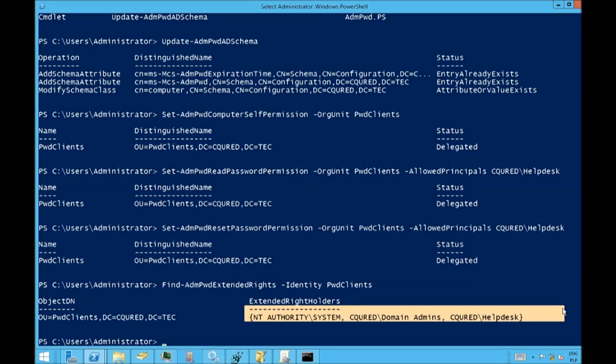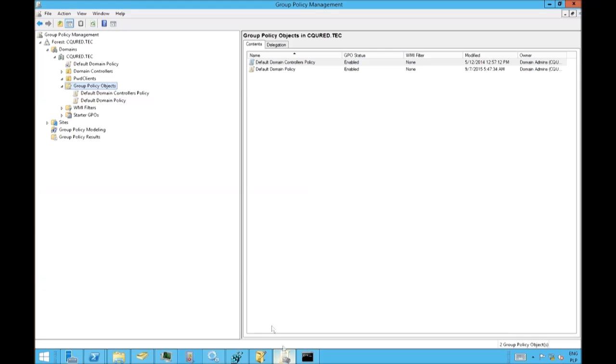So this is all good, and we are able to spot who is able to read that particular attribute. Okay, we are all good. Now, when we have implemented this, the last step is